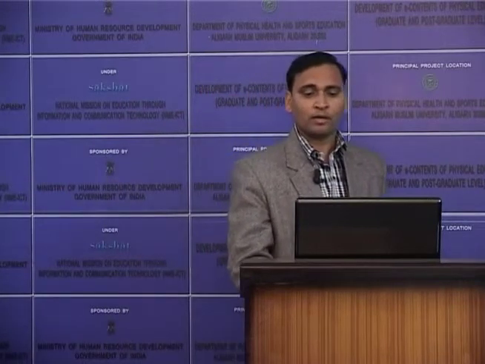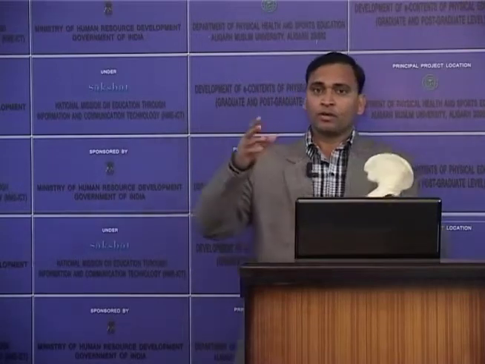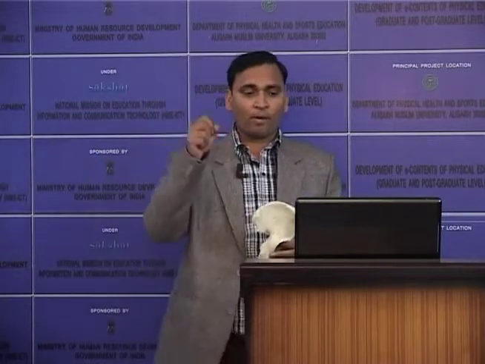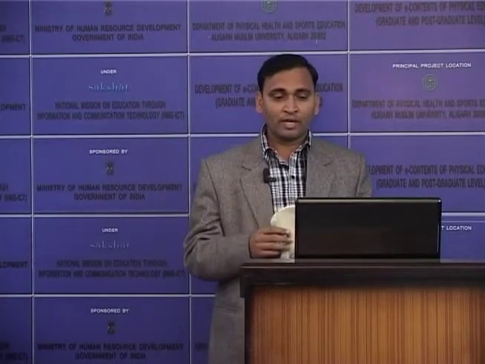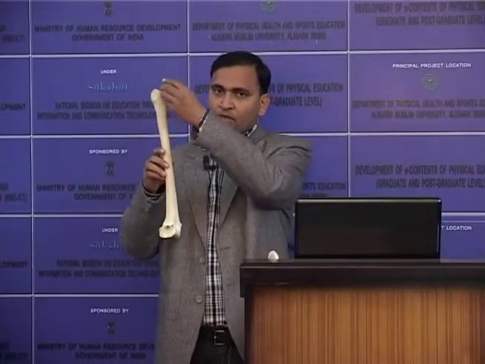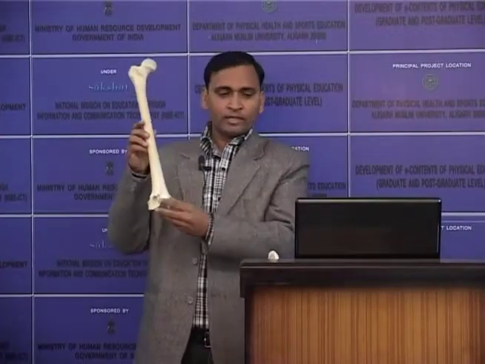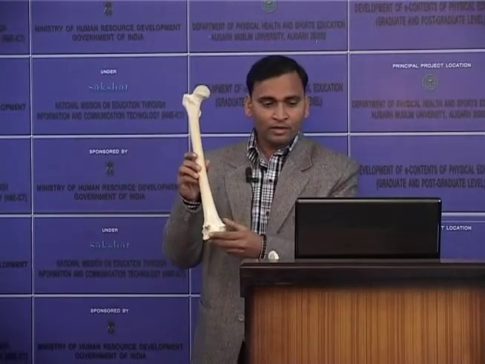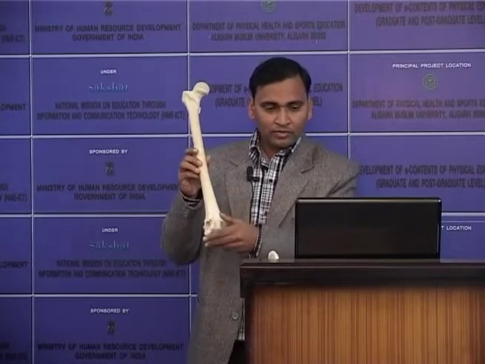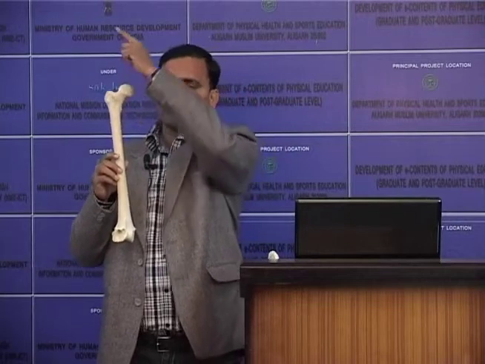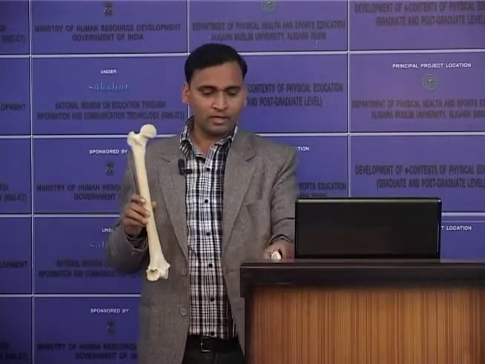Now come to the insertion of the sartorius muscle. It comes all along the anterior fibers and is inserted in the form of a tendon surrounding the medial condyle of the femur. This muscle, the sartorius muscle, comes down and is inserted over the medial condyle of the femur, as well as inserted over